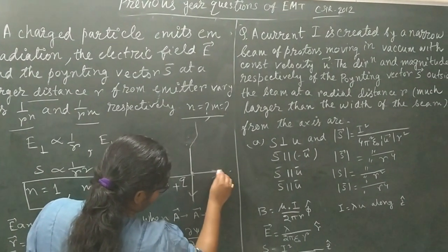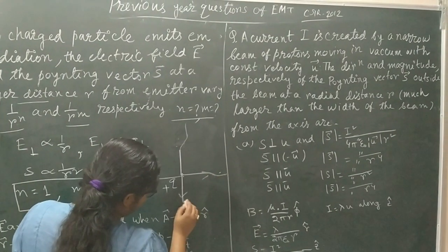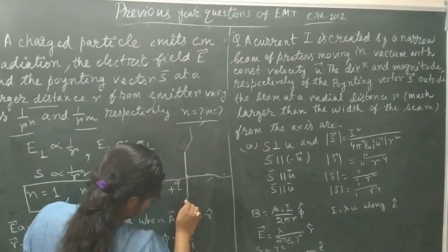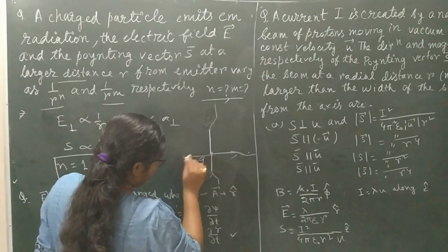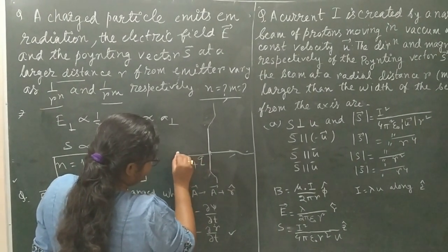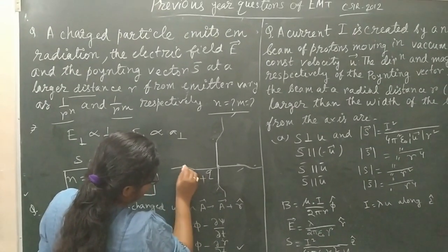Suppose the charged particle is accelerated for a certain small time delta t. For that small delta t, there will be a bending of the electric flux,